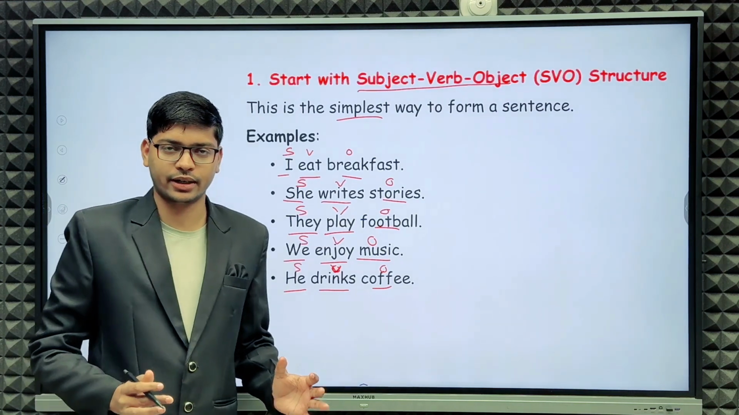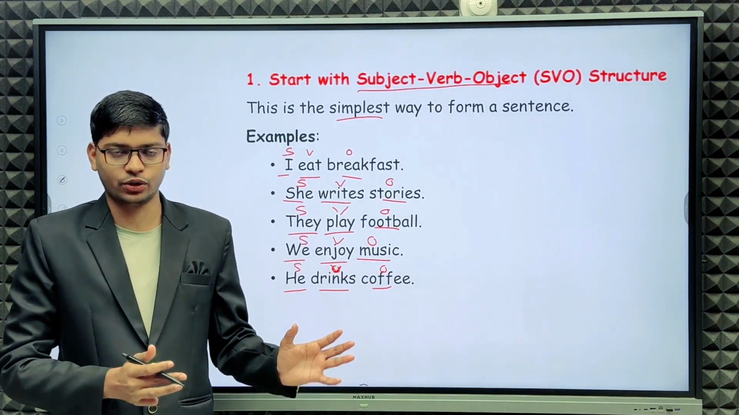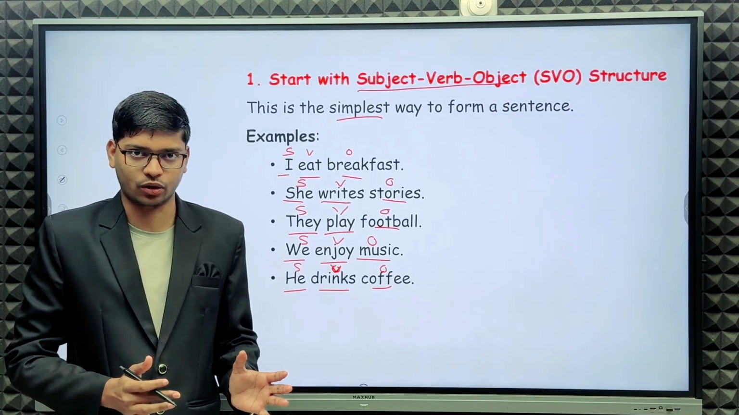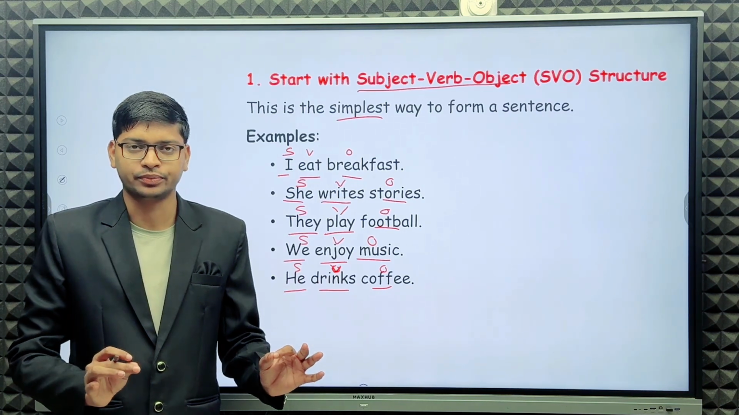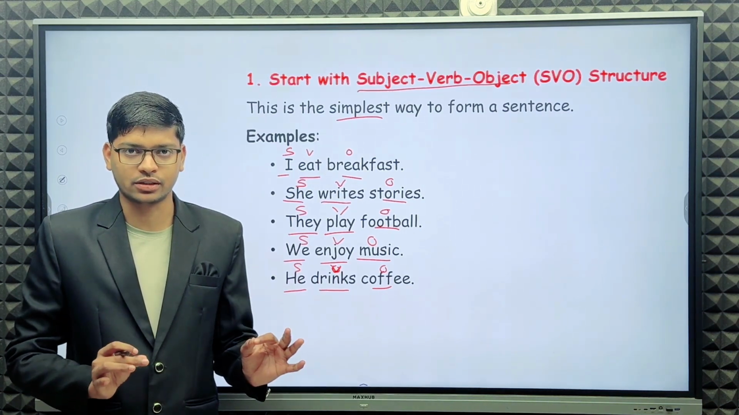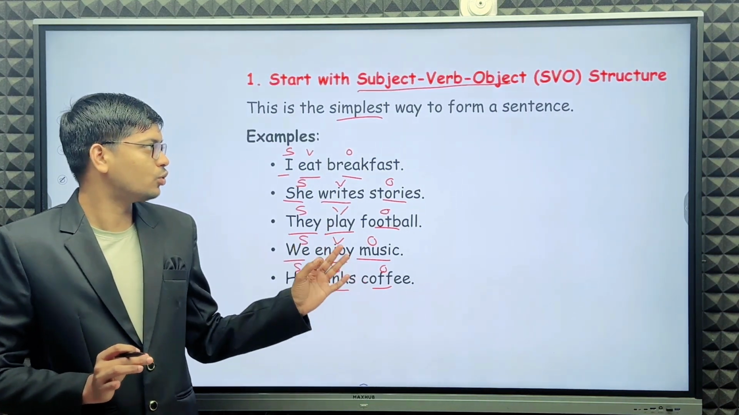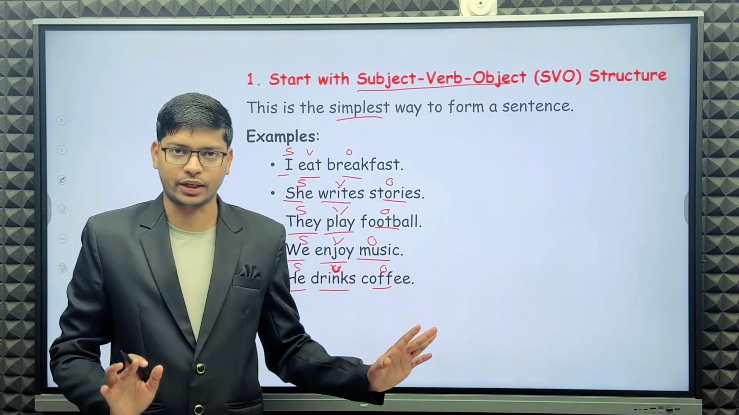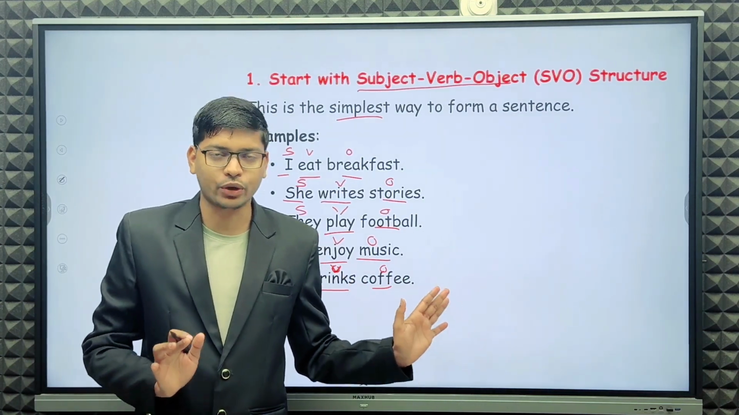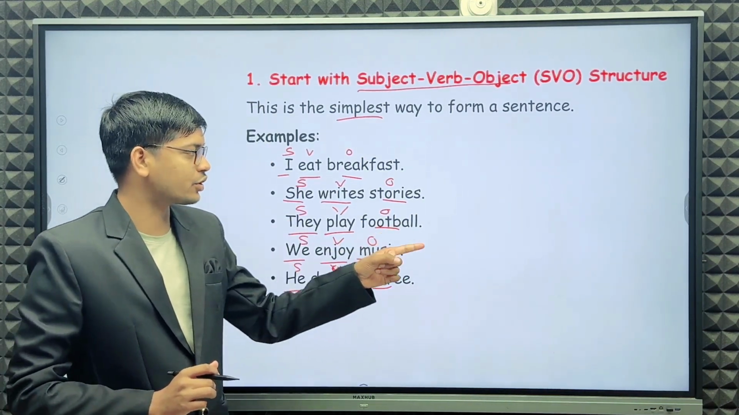So guys, you can easily understand how to create new sentences using subject, verb, object. This is the simplest way to create new sentences, and using this method you can easily create a new sentence. If you have any kind of doubt, you can ask me in the comment box. So let's learn